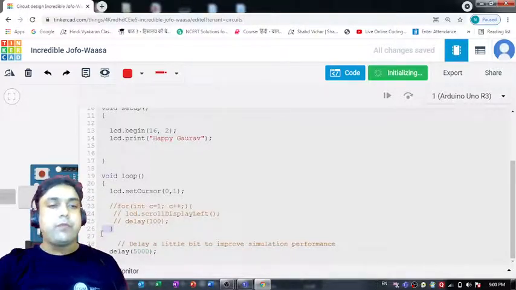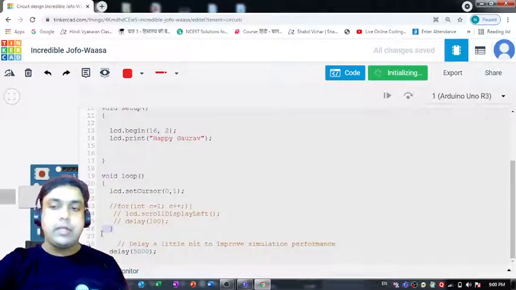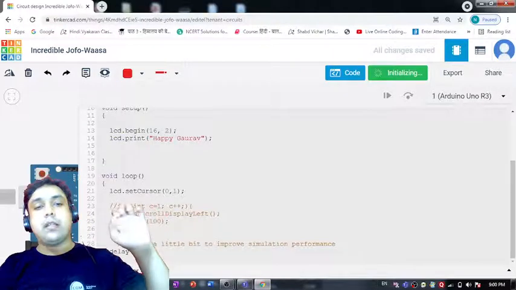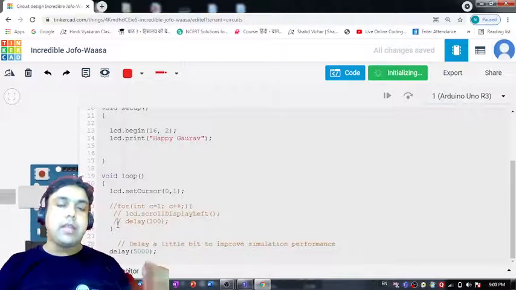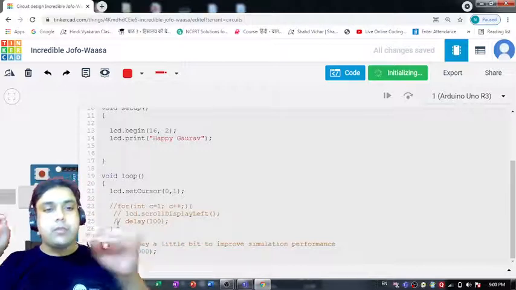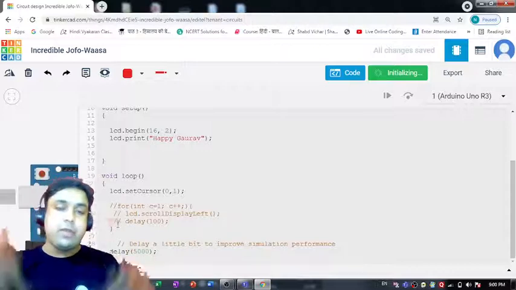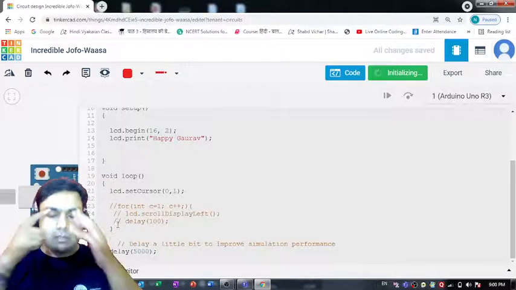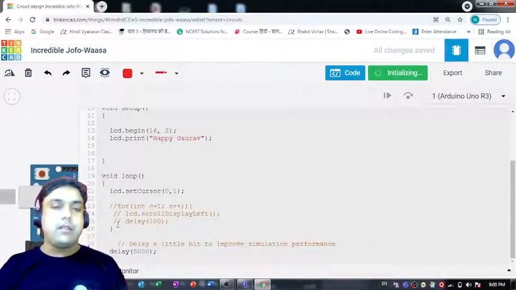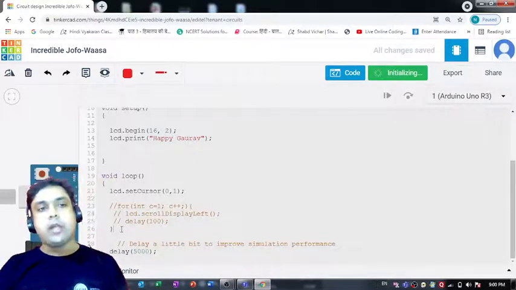Okay, and there is one more function named lcd.print, in which you can copy the same function and put it over here, and inside this you can use that millis. For accessing the milliseconds, we can make use of the millis function. So you just have to write down millis, then function, and you can just divide it by 1000 for getting the things in 1 second. Alright, and I think you will be able to get the required output.